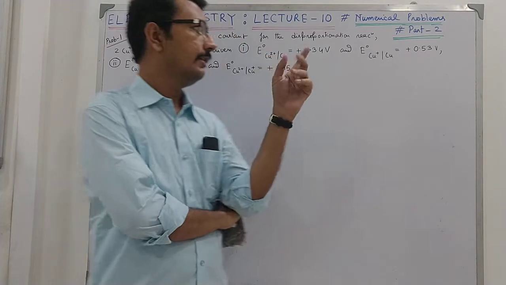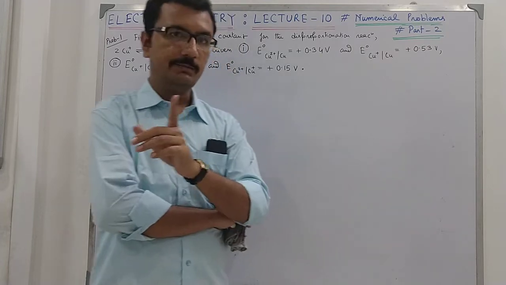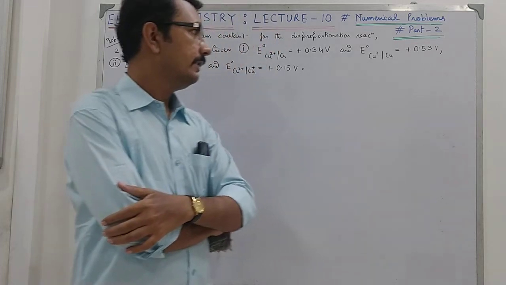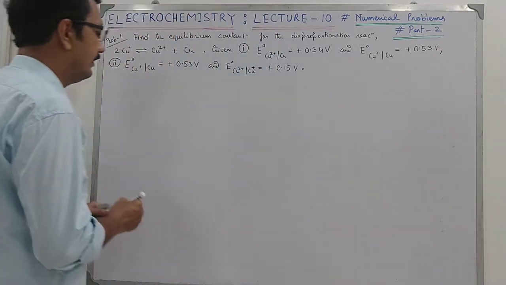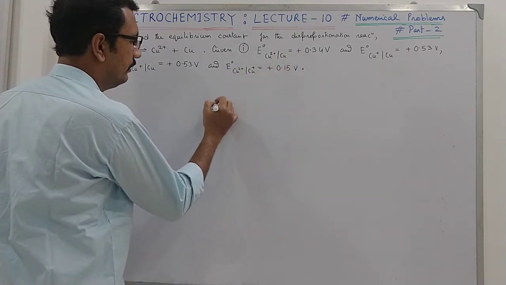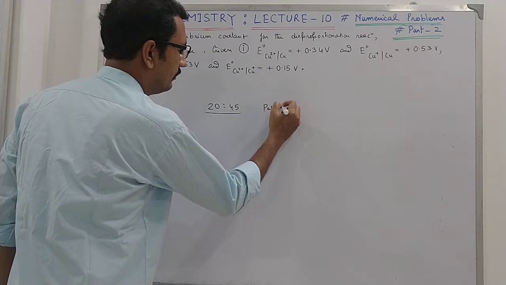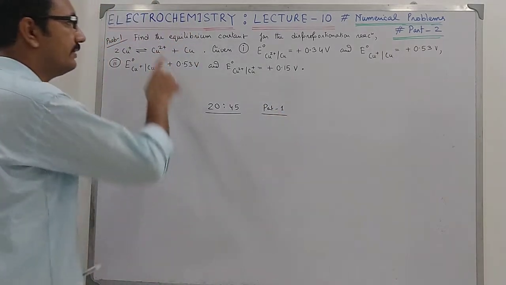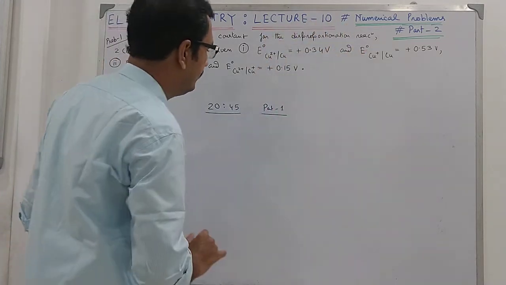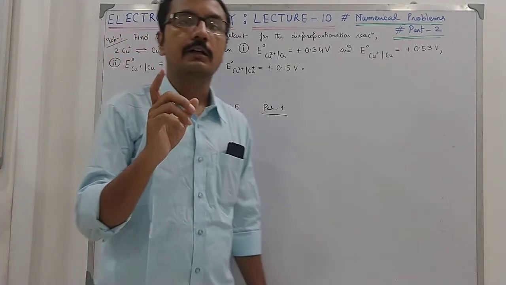Now one thing: in the previous part of lecture 10, that is in part 1, I made a mistake and one of my students has pointed out that error. You can find it in the said lecture at around 20 minutes 45 seconds. So go to the playlist Electrochemistry, find lecture 10, go to the part 1 lecture, and at around 20 minutes 45 seconds you can see I was writing a